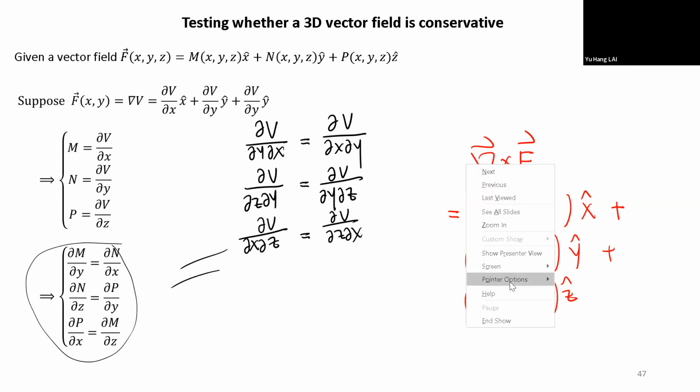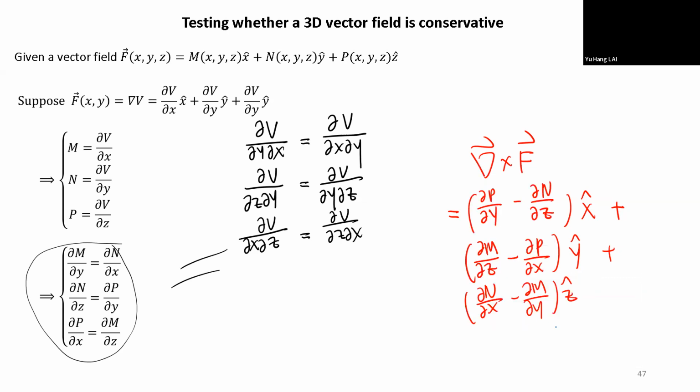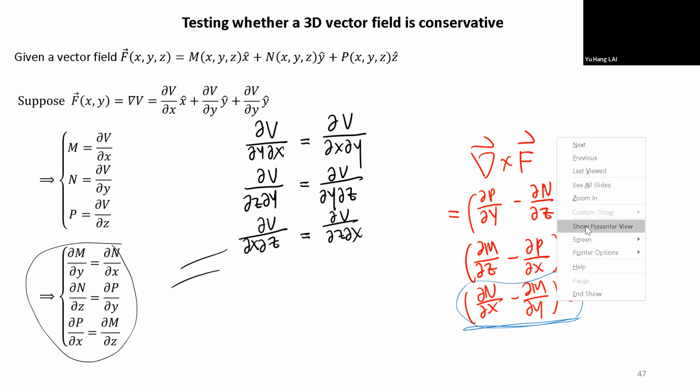So when we learn about the circulation density for this 2-dimensional vector field, we only had this term here. You still remember this Green's theorem for this tangential form. So for the 3-dimensional vector field, to show that the circulation density is defined this way. And one thing you can see from here is that